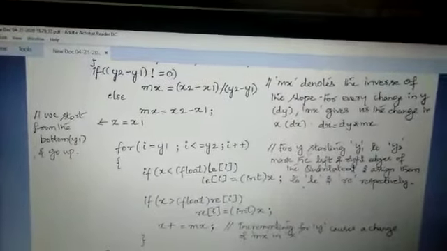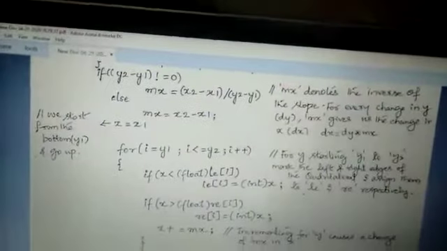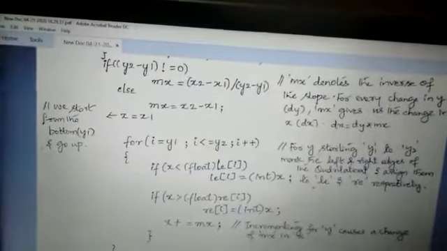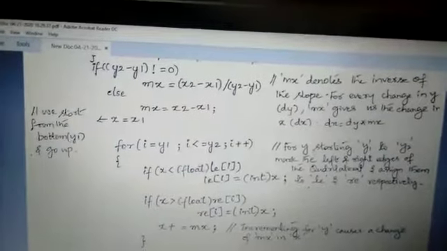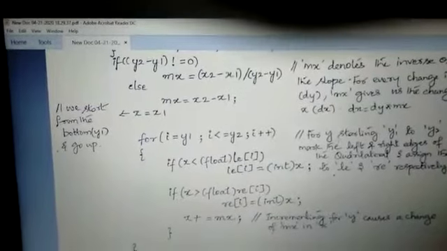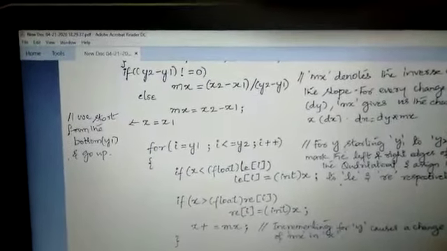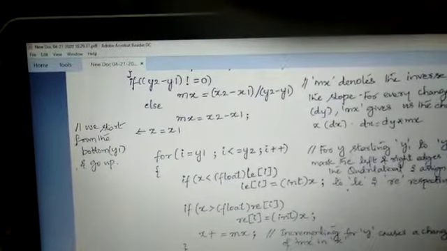We start from the bottom, at y1, and then go up. So for y, we go from y1 to y2, mark the left and right edges of the quadrilateral and assign them to the LE and RE pointers respectively.